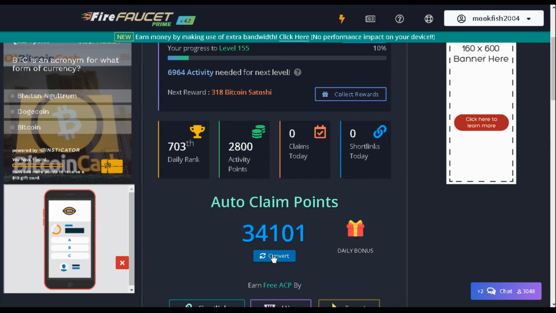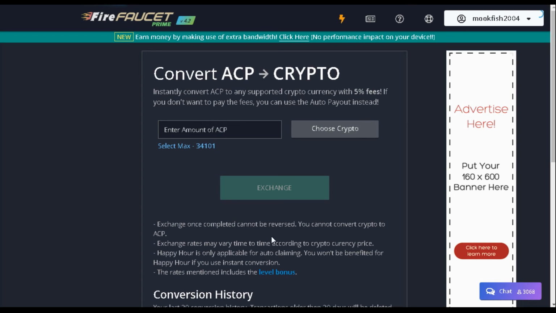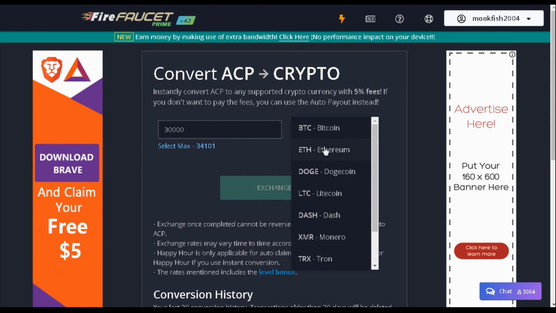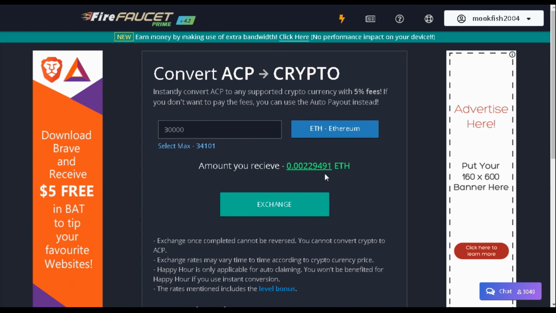And what that does is this would allow you to pick whatever crypto you want to change all of those into, or some of those. Right, so I can click 30,000. Oh, do I have to use this? I don't know. So 30,000. 1, 2, 3. No, that's not going to work, is it? 1, 2, 3. So that's 30,000, and then I can choose Ethereum, and that will give me